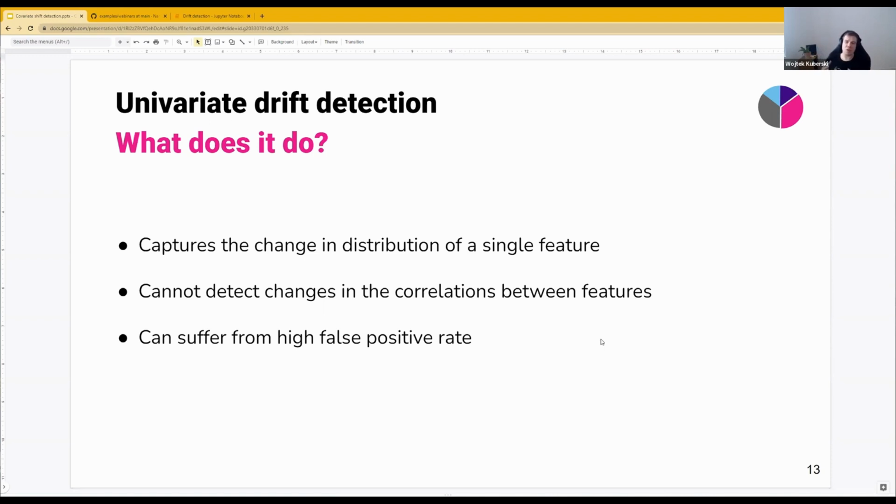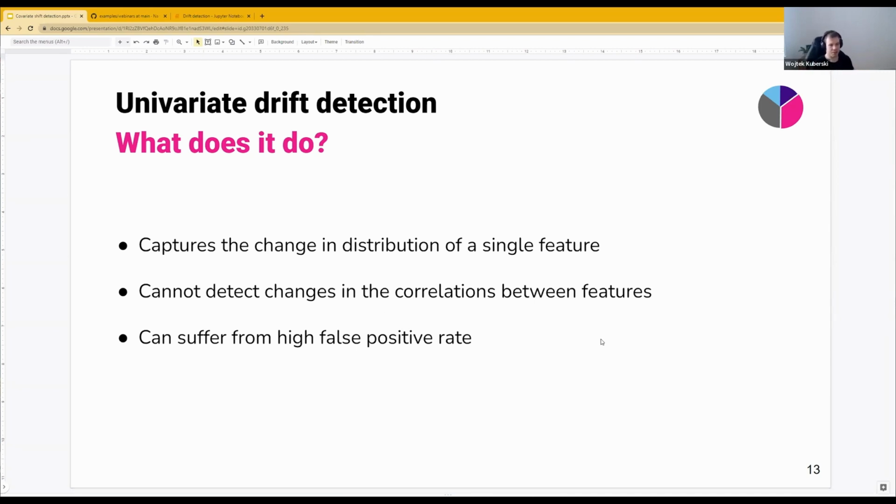And because it's going to look at the distribution of a single feature, with an ML, it's going to automatically kind of loop over all features in a parallelized way, and you will see all features separately and how the distributions of those features are changing. But there's, of course, a few things that it cannot do, and the most important one is that it cannot detect changes in correlations between features or any really change in relationship between features, whether they're correlations or maybe something